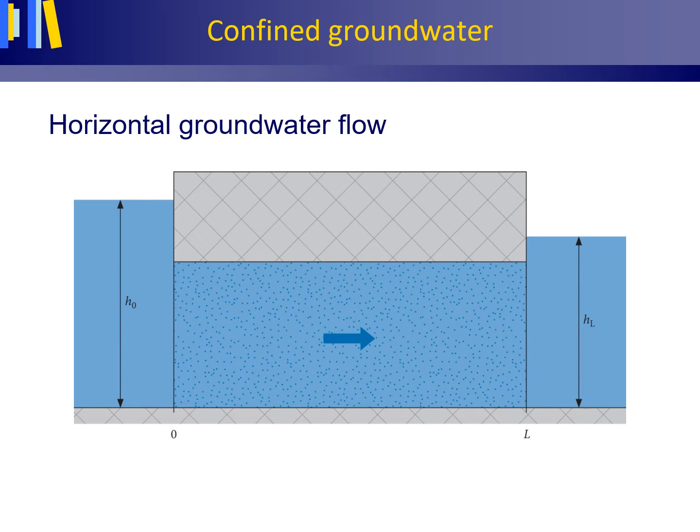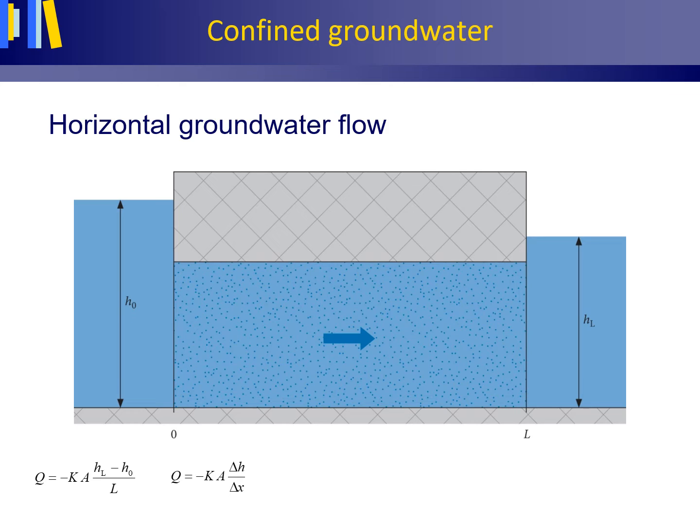Darcy's law for this flow case can be written as the volume flux Q equals minus K times A times HL minus H0 divided by L. HL minus H0 is the difference in hydraulic head. L is the distance over which this difference in hydraulic head occurs. So HL minus H0 divided by L is the hydraulic gradient. A is the area perpendicular to your water flow, and K is the hydraulic conductivity.